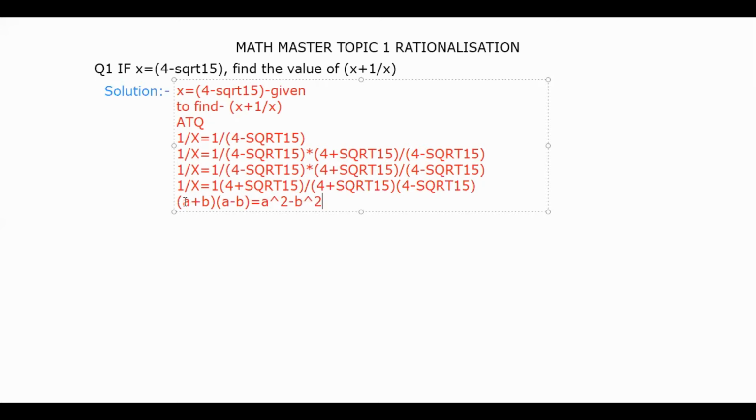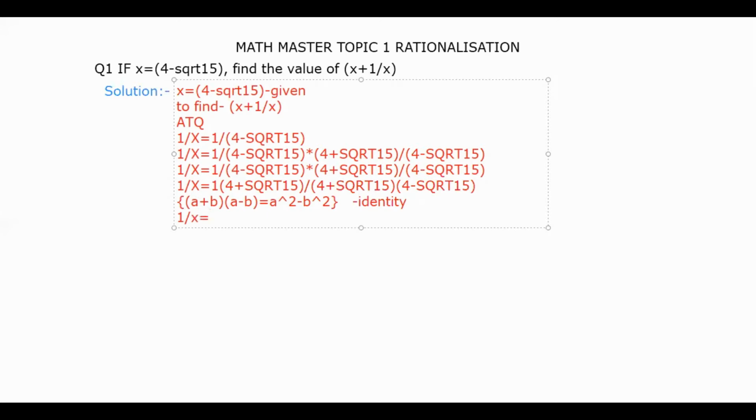This is our identity. Let's put it in a big square bracket. I will also write here that this is our identity. Okay. By using this identity, we can say that 1 divided by x equals to, when we will multiply